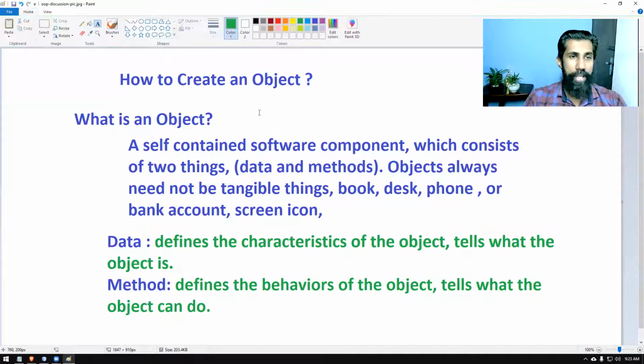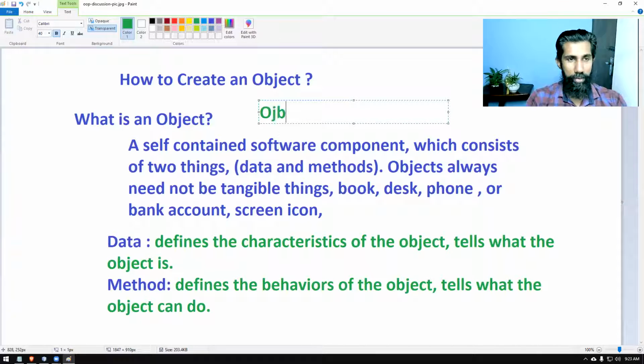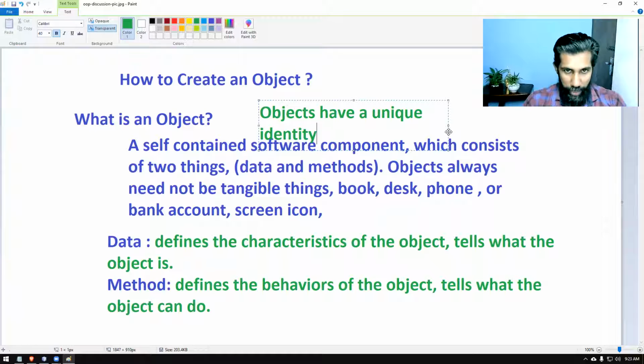And objects definitely have a unique identity.